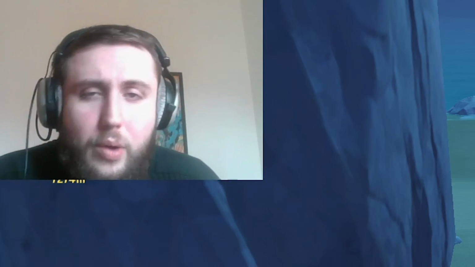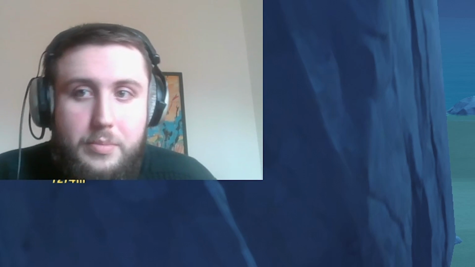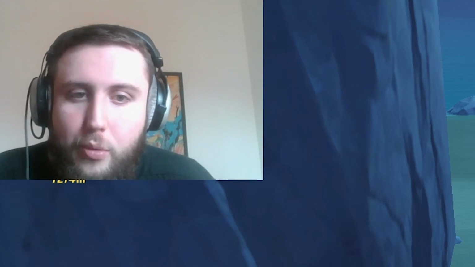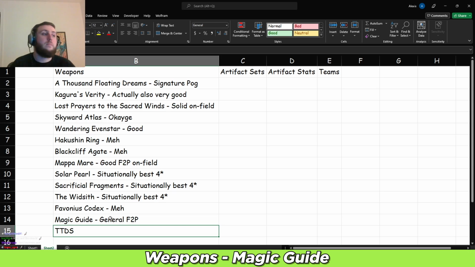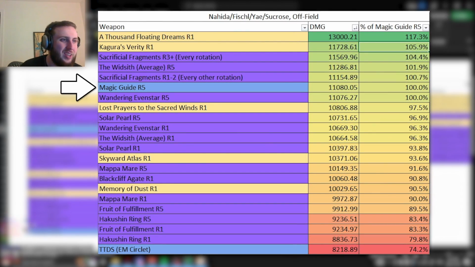It's a lot better than I gave it credit for. It wouldn't surprise me if it was the best 4-star option in some situations when the rest of your team actually does need the energy generation and you have a pretty high refine on it. Magic Guide is actually pretty good. Like we looked at earlier, there will be situations, for example, off-field, where it's kind of just your best free-to-play